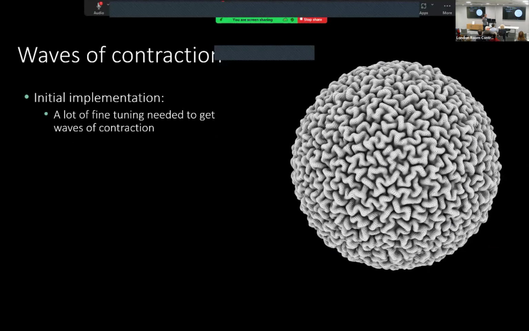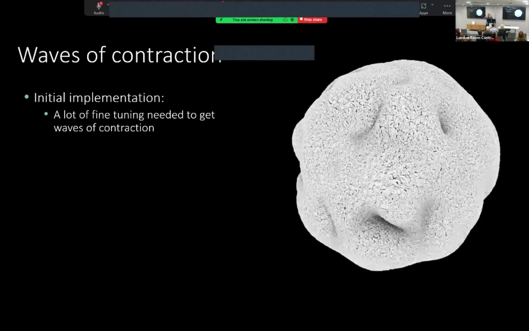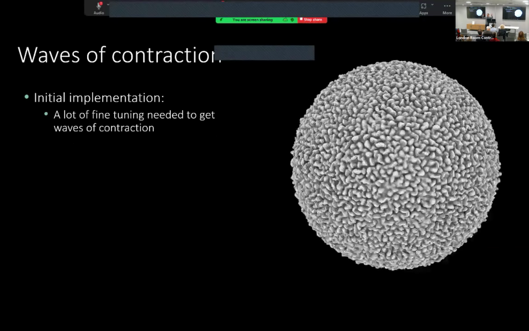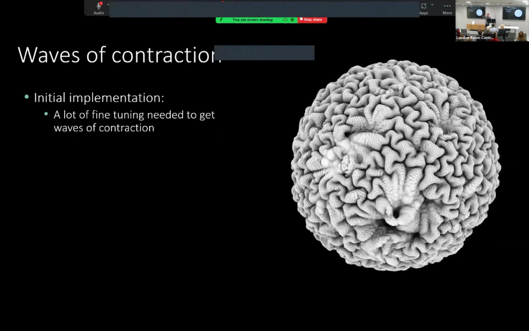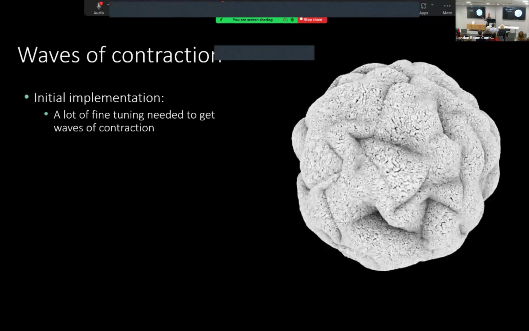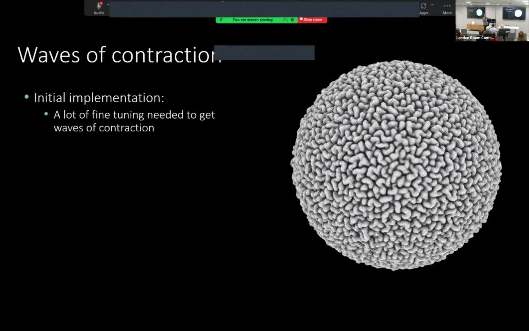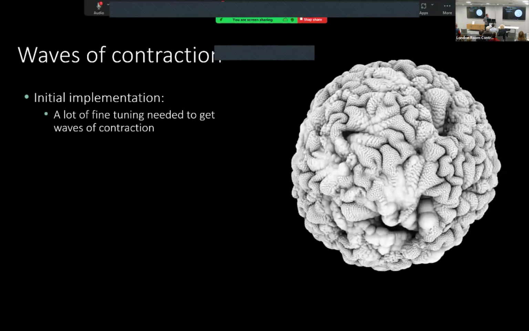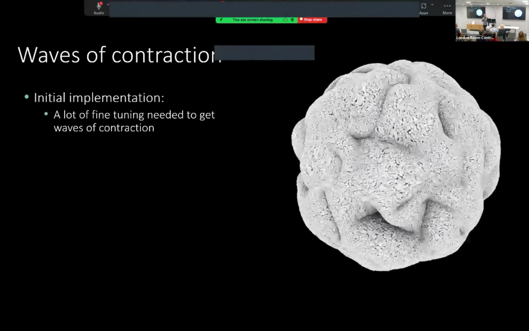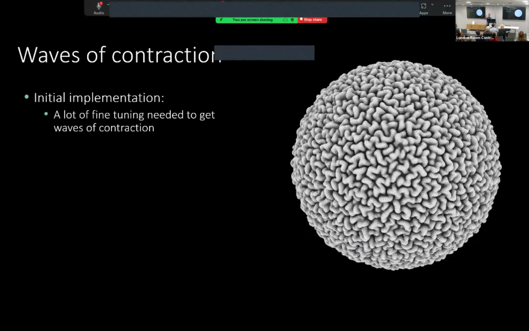What we actually found was either we just got little pops or little bits of movement, where one cell would contract and maybe a few cells, then it would die out. You didn't get these big waves of contraction. Or you raise the level a little bit more and suddenly it became an out-of-control chain reaction explosion. You're seeing here a few contractions happen and then it just becomes out of control. So basically we could get some waves of activity, but we had to fine tune it like mad to get there.